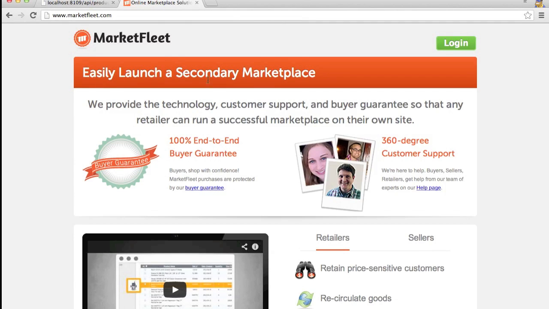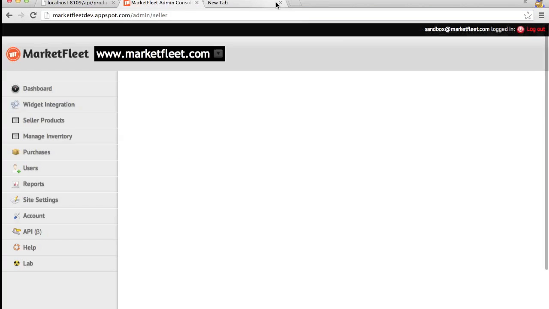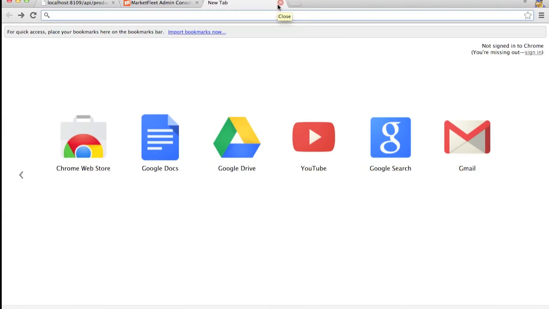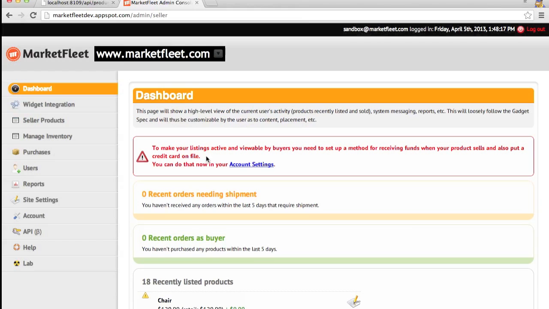So, as you can see here, let's see. There we go. I accidentally closed that tab. So here's our seller dashboard where your API keys can be found. This is on our sandbox environment,